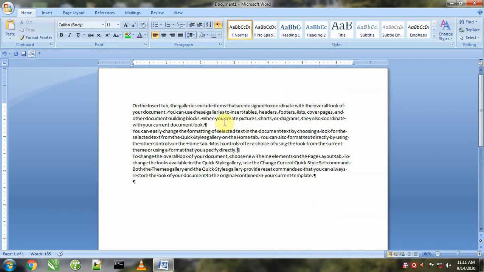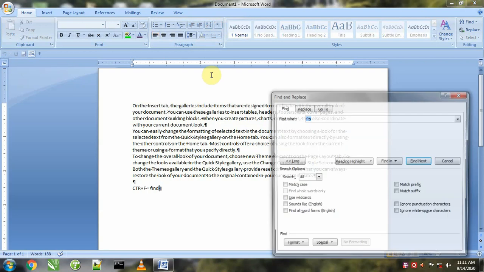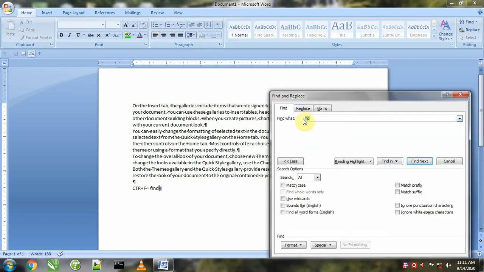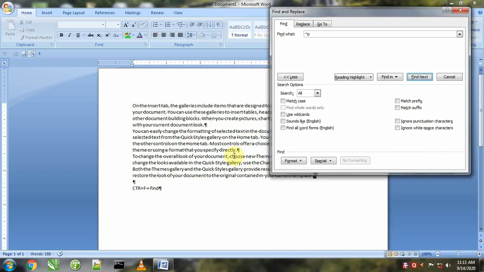Now we'll press Ctrl F, the shortcut key for find. So we'll click on it and press Ctrl F. Now we'll say find paragraph marks. So we can look here, it's showing all the paragraph marks which are like this.